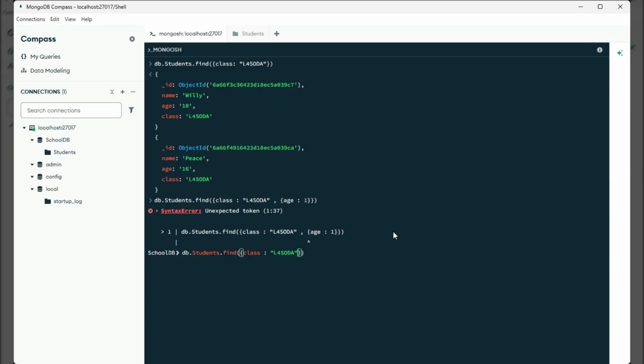So ukuntu byari bimeze ni gutya. We are finding the students abiga muri class ya level 4 sod A, and then instead yo kugira ngo tujye out of the braces twari dushyize inside the braces, so it's outside the braces. Okay, it's like this, and then this